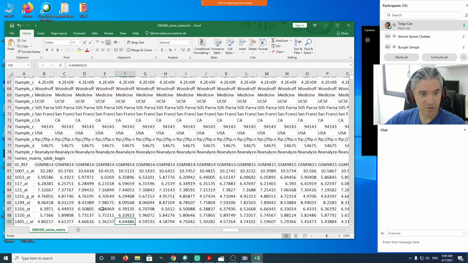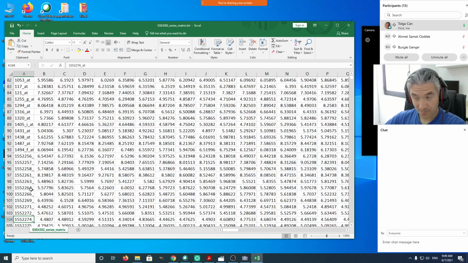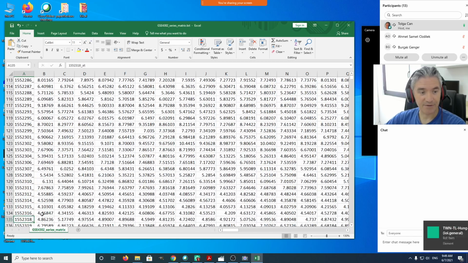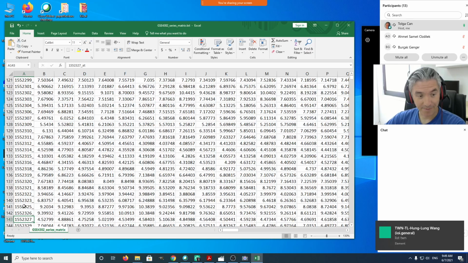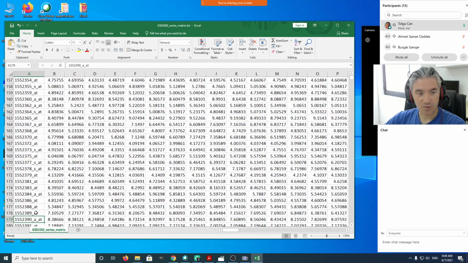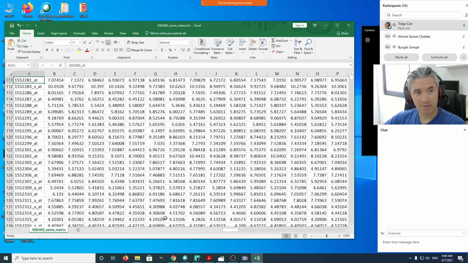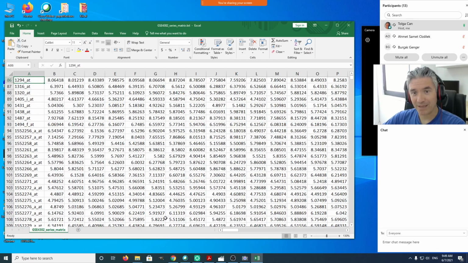And here, after we see the series matrix table begin, this is the part where the actual data starts. In the rest of this data, the first column is transcript probe set IDs, which can be converted to gene names. We can get the gene names if you search for a transcript ID, or you can also find the gene names associated with these transcript IDs if you look at the metadata related to that platform,